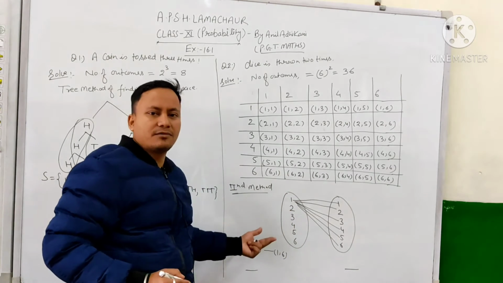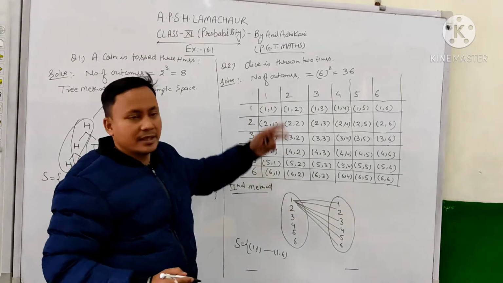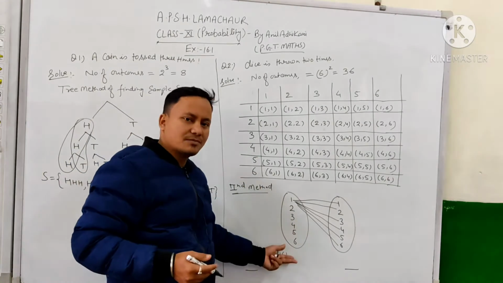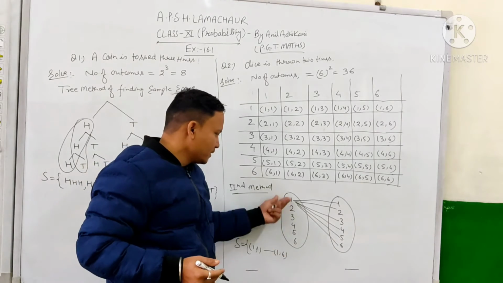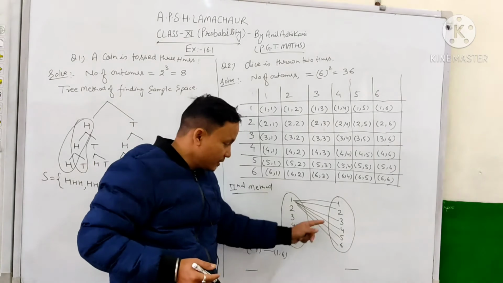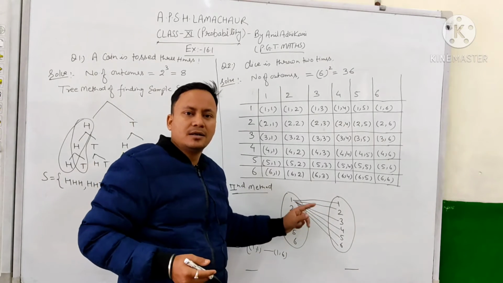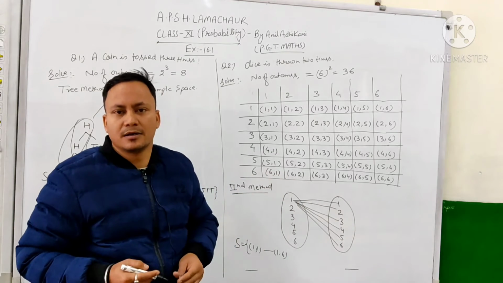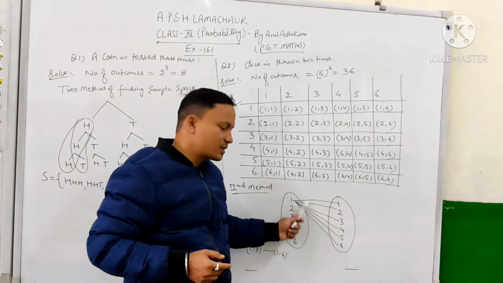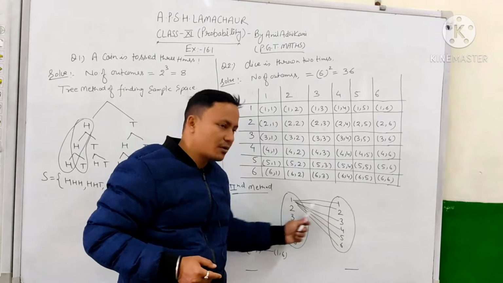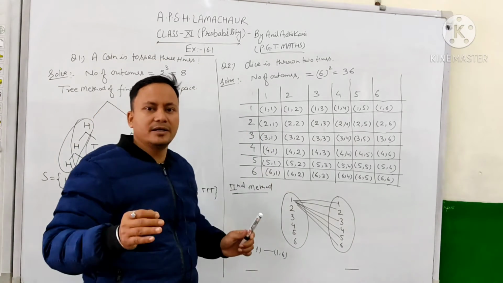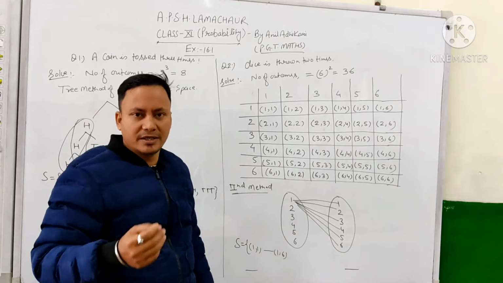And this is another method of finding the sample space in case we are throwing a die 2 times, or even 3 times. So this is the best method, as I thought. Associate 1 with each one of them, then in similar manner associate 2 with each one of them. When I taught you regarding relations, I taught you the Cartesian product. So just like in the Cartesian product, it is exactly the same, the Cartesian product of each element with each individually. So this is the third method of finding the sample space in case we are throwing a die 2 times.